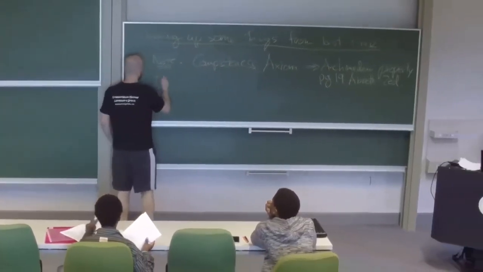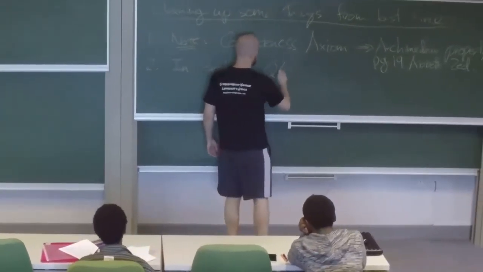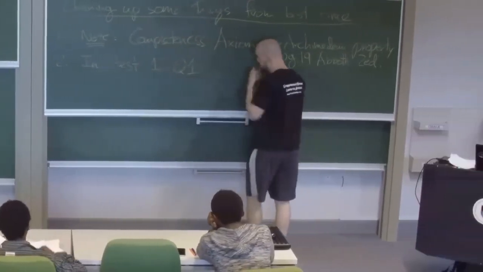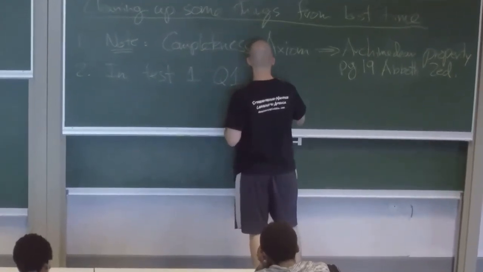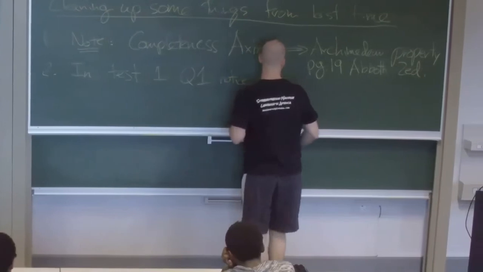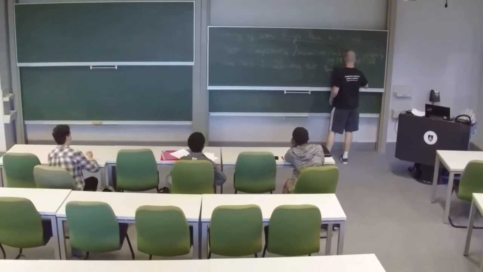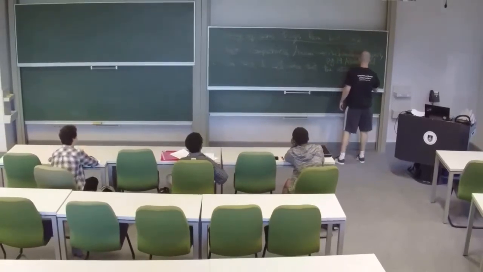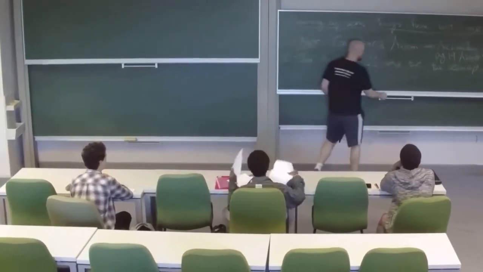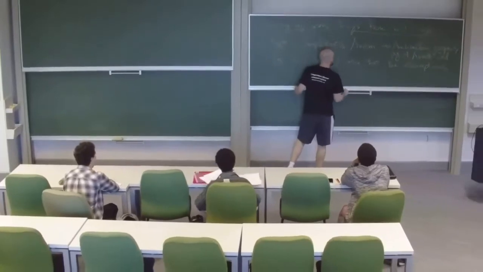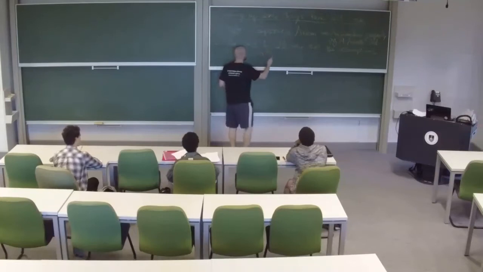So in test 1, question 1, notice that the assumptions, and I'm not going to spell out the whole question. You can go back and check our notes from last time, and you can check the memo for the test when it comes out. But the assumptions, we had a part in the proof where we had to assume that